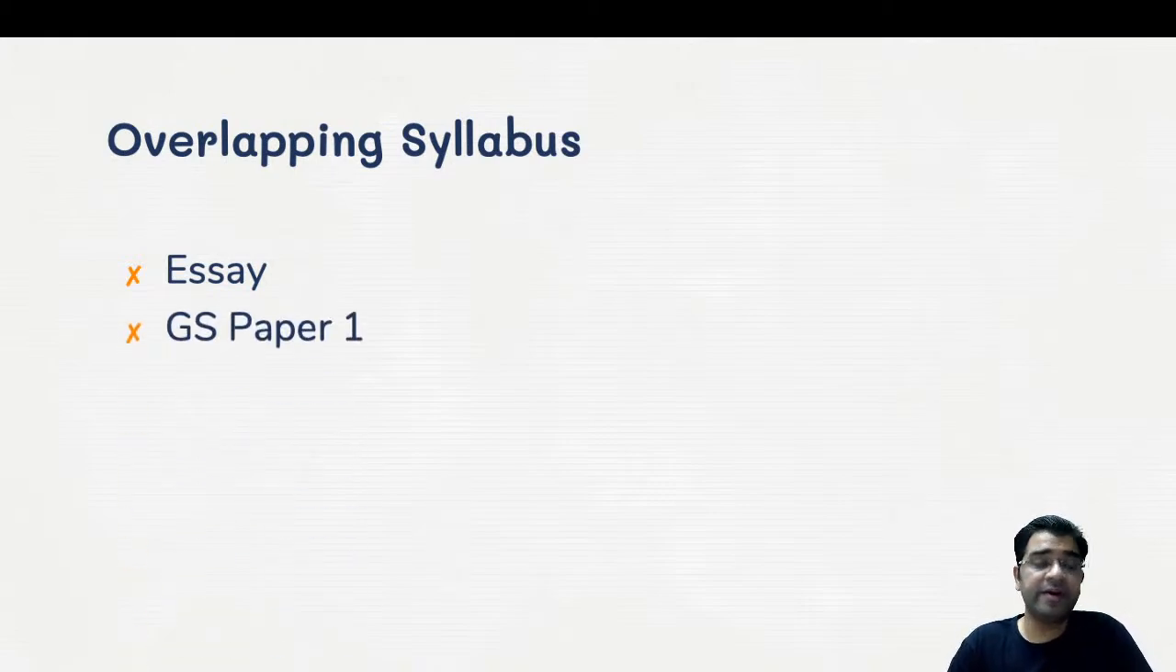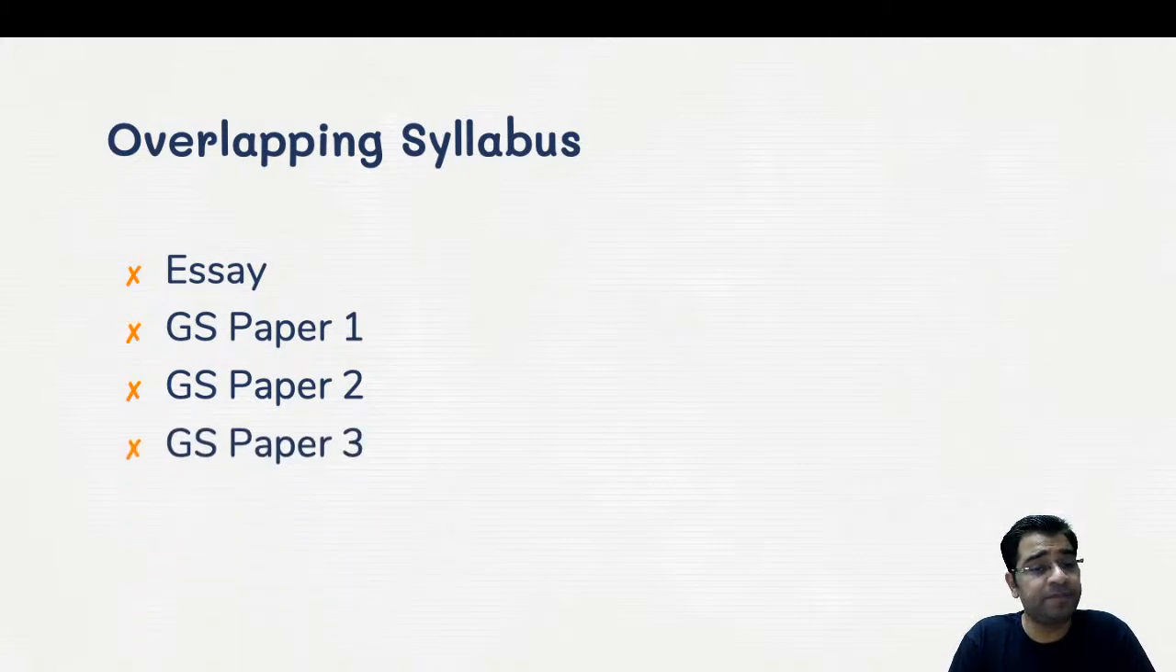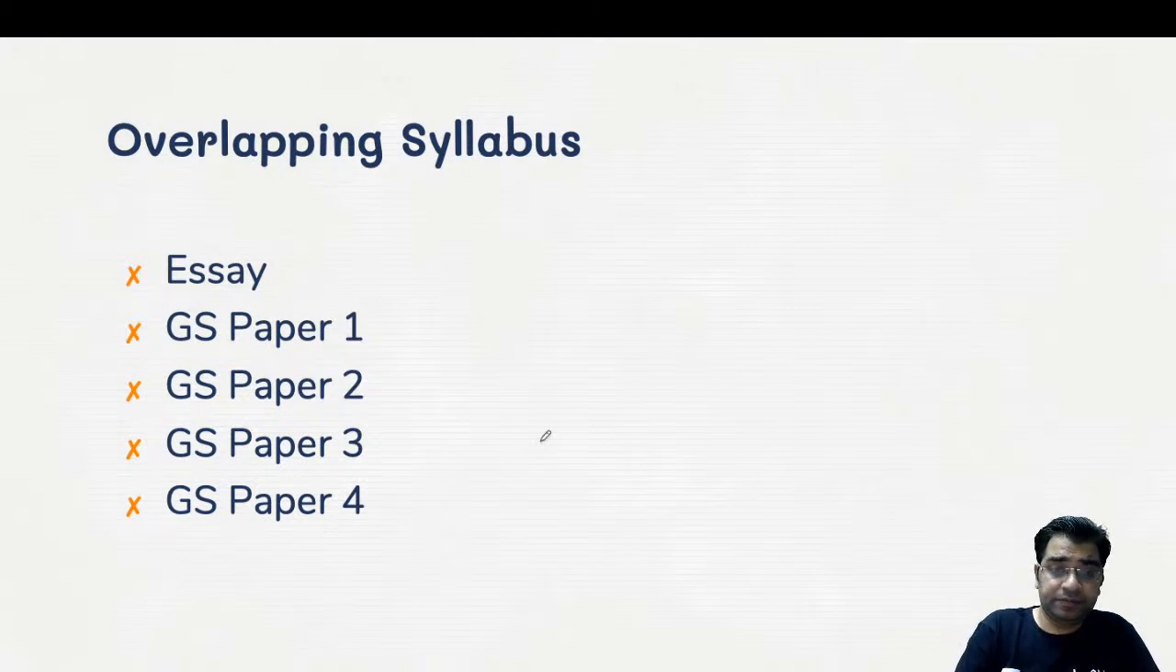GS paper 1 we have already seen. Modern history, then you have post-independence India and a few sections of globalization from Indian society. GS paper 2, completely, except government schemes, everything will be covered in PSIR. GS paper 3, we have seen economic institutions, international order, globalization, and in GS paper 4 you have various moral thinkers. So this is how you can see out of this